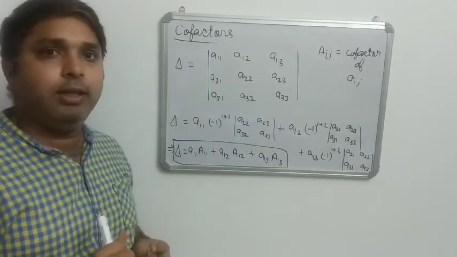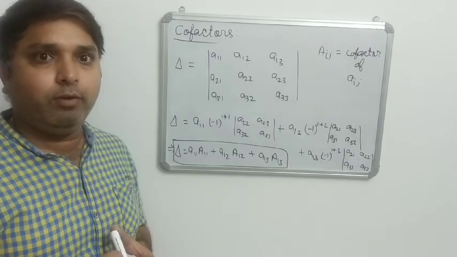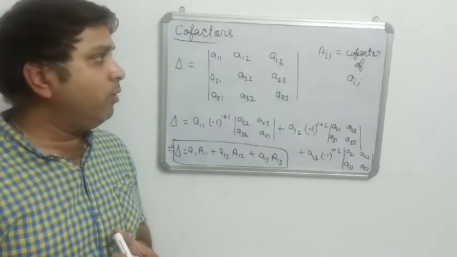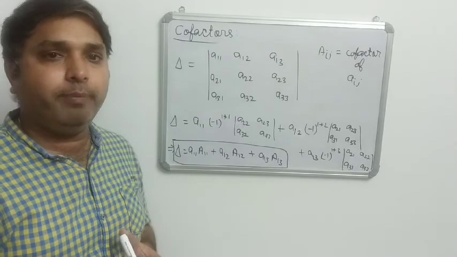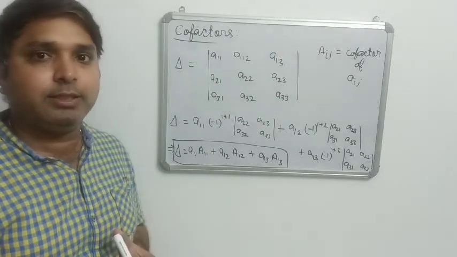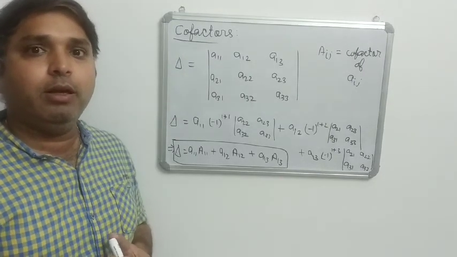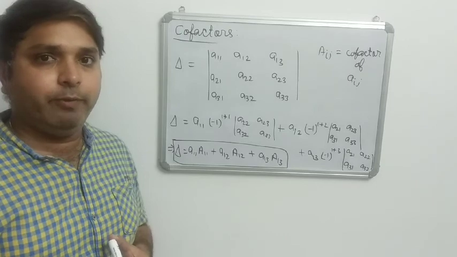Okay, students, on these concepts you can solve the exercise till 4.4 in the NCERT. Okay, till then, good night, good day, and do the questions of 4.4. Then in the next lecture, we will study the adjoint of a matrix, inverse of matrices, and solution of systems of linear equations. Okay.